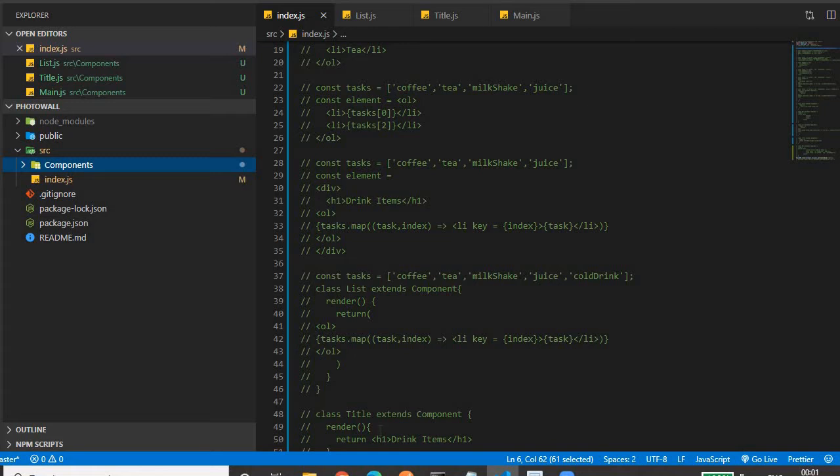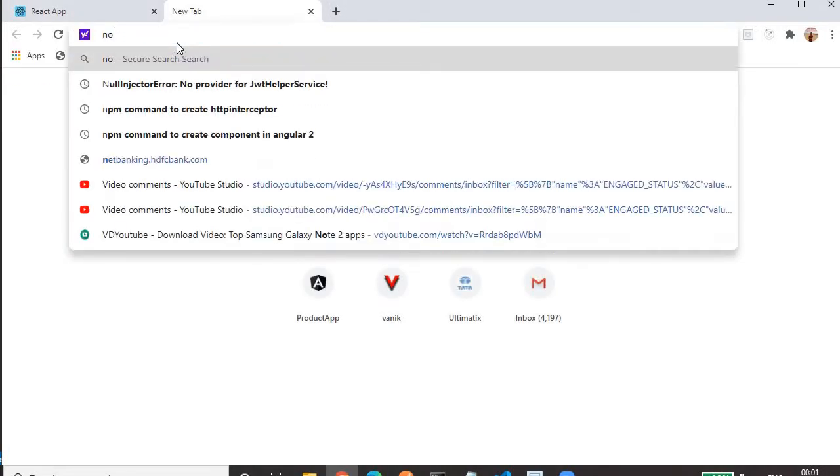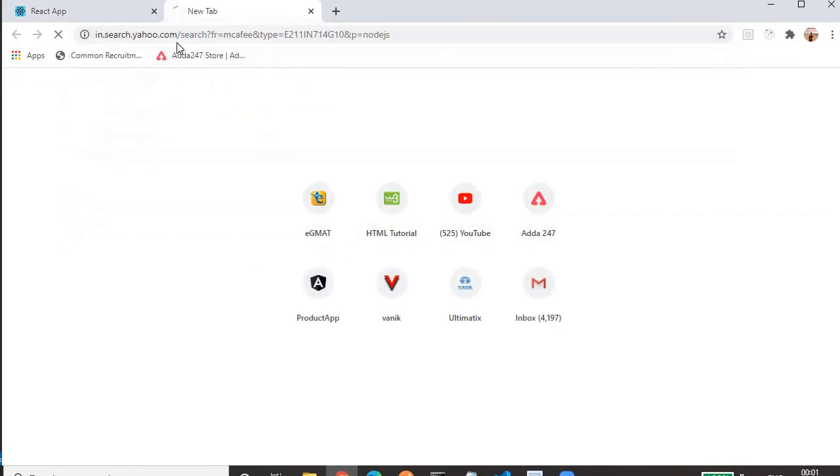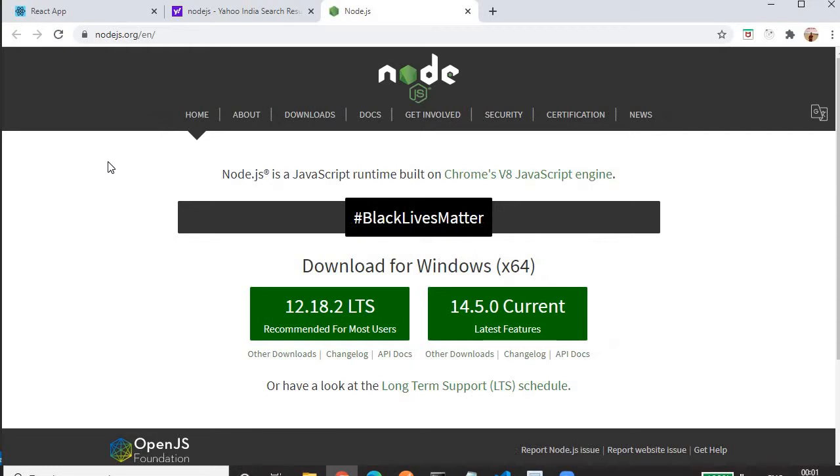To work with React.js, you have to install Node.js in your system. Here you can find the exe file for Node.js. On the basis of your system, whether it's 64 or 32-bit, you can install. The current version is this one, and this is the recommended version for most users. Once you install Node.js, you will get npm with it. npm is the Node package manager, and it is needed for downloading the packages and dependencies that we require